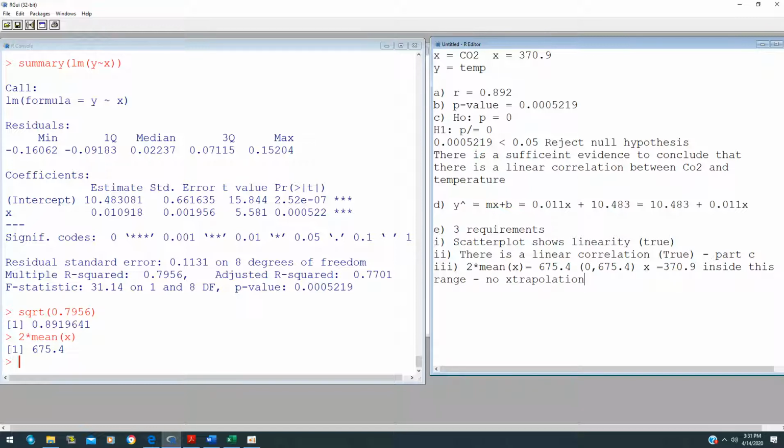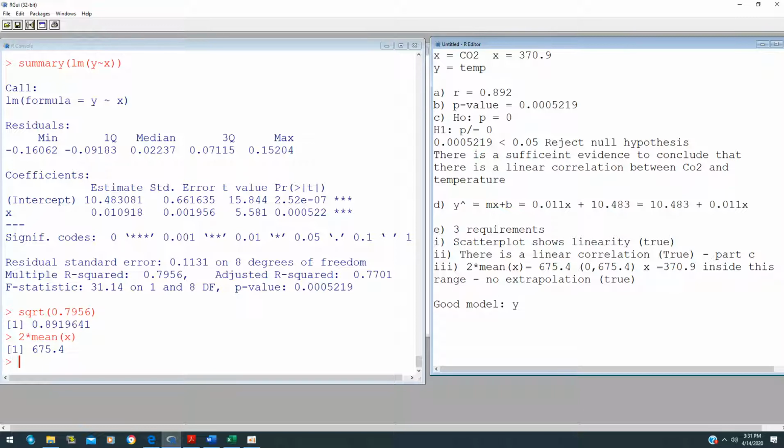So for this case, this is how we figure it out: we take 2 times the mean, and then the 0 comes from the smallest one being 0, or because if you take 2 times the negative of the mean, it's going to be from 0 to that number. So we find out that this is 37.9. So it's inside the range, so there is no extrapolation in this case. Okay, that means this is true. So you find out that all 3 of these requirements have been met. So this is actually a good model,